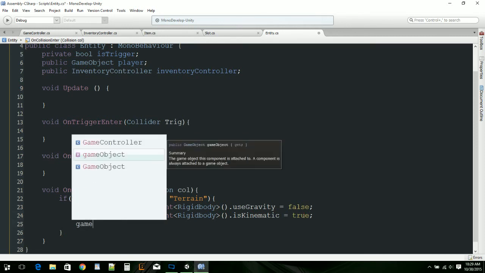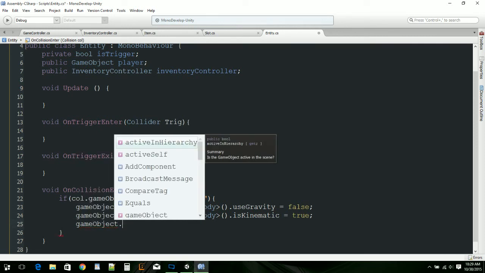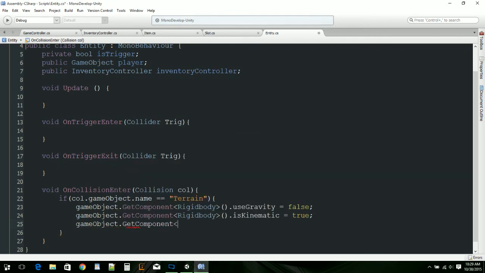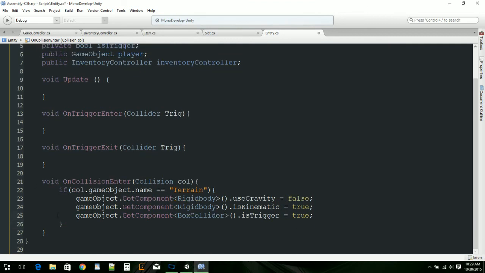So this is gonna be game object dot get component, same thing. But this time it's gonna be box collider. And that is trigger equals true. Okay, so that's all that we need. And then actually what we need to do is else if